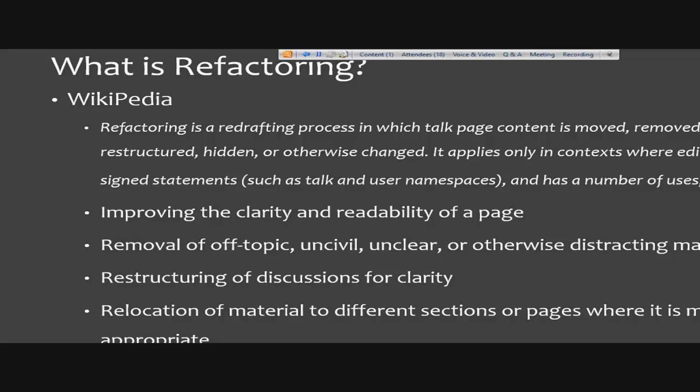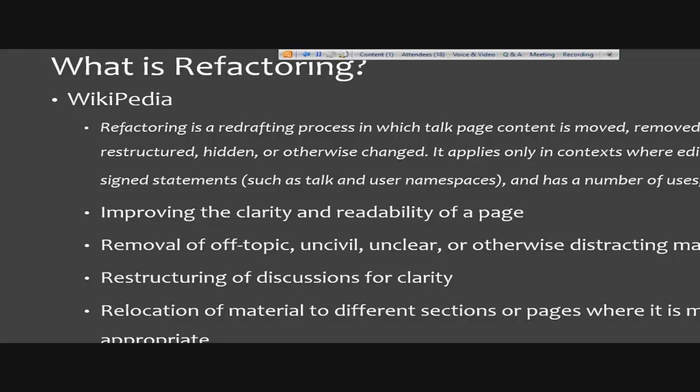So it applies only in the context where editors make signed statements and has a number of uses, including improving clarity and readability, and removing off-topic material. So it's all about how to deliver a drafted speech and how to improve on it. That was an interesting starting point for me, and then afterwards, obviously, as I said, Martin Fowler